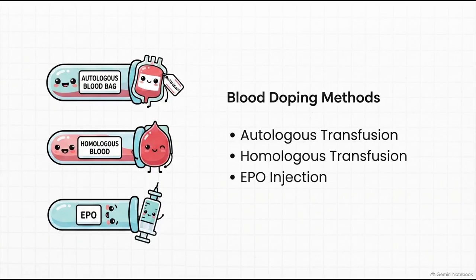This is a synthetic version of a hormone that's actually naturally produced by your kidneys. By injecting it, athletes basically trick their kidneys into artificially manufacturing a massive surplus of extra red blood cells. All 3 methods introduce a specific variable, an impurity to the natural baseline, to force the human machine to run longer and harder than it ever organically could.